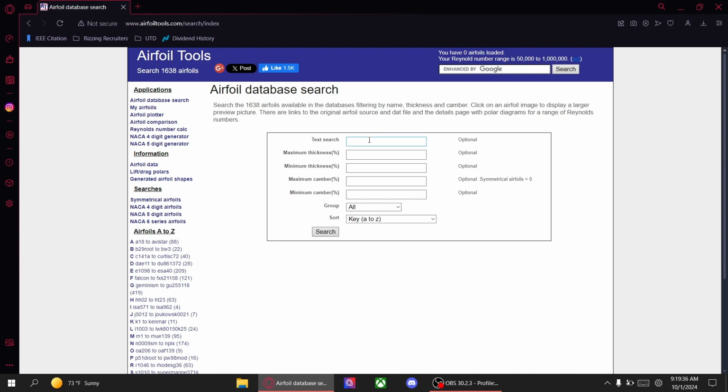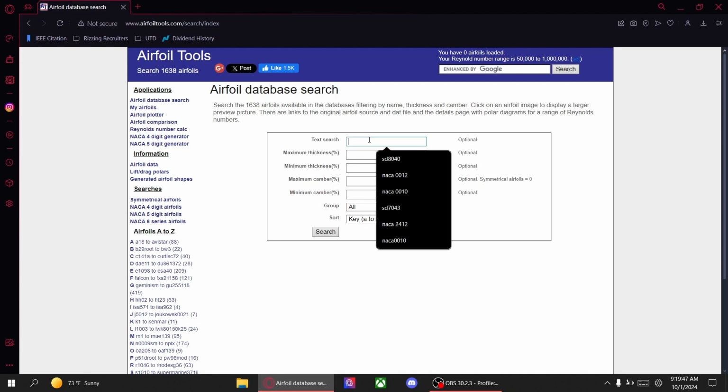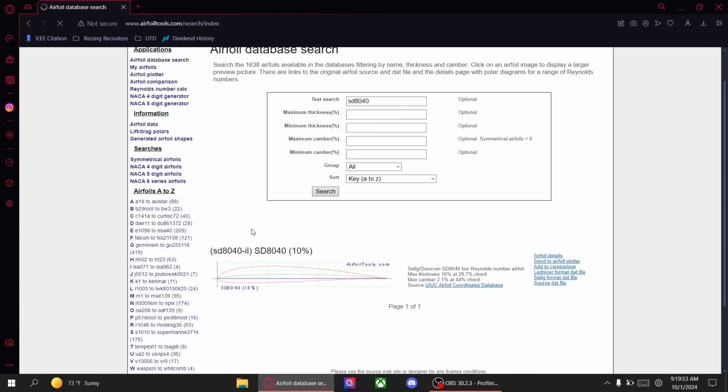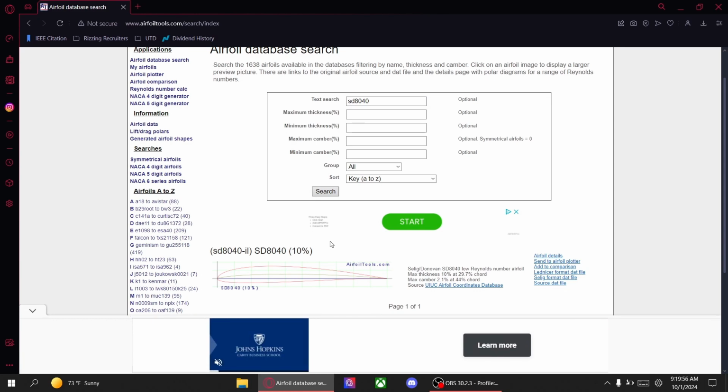So for this airfoil search, you need to take the airfoil that you found from your decision matrix and search for that airfoil. For example, for me, I'll look up SD8040 and hit search. If you have a general airfoil type, as some of the groups had, where maybe you chose reflexed, subsonic, or semi-symmetrical as your airfoil type for your wing, go ahead and look up on Google some airfoils of that type and choose one. Once you have an airfoil that you chose, you want to find the source file button,